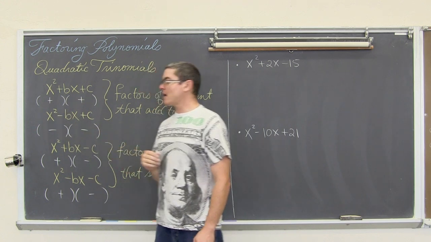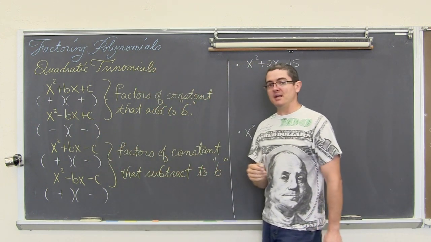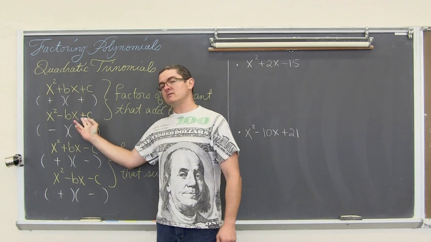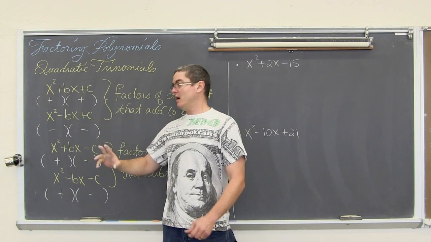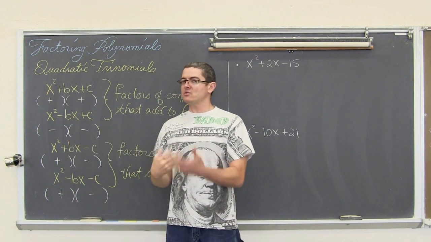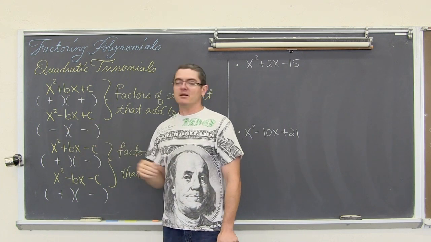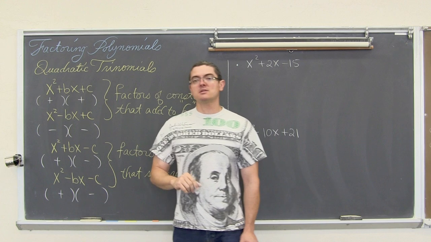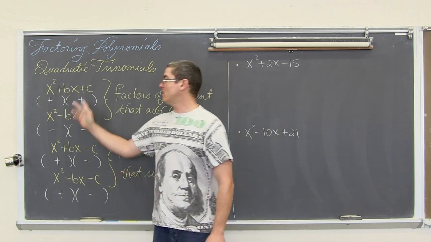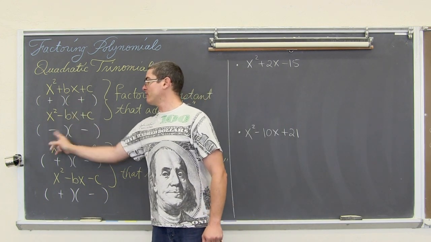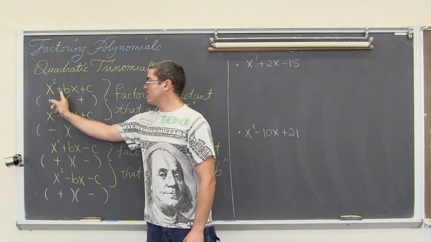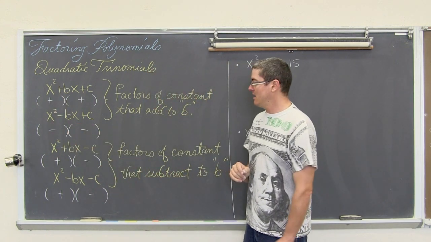If you have x squared minus bx plus c, then you're going to, of course, to get that constant, which is positive, when you distribute these binomials together, when you check your work, you need to be multiplying numbers that have the same sign. So now they're both going to be negative when your middle term has a negative sign in front. So if the constant is positive, your factors are going to, or should, have the same sign, and they're going to match whatever the middle term's sign is.